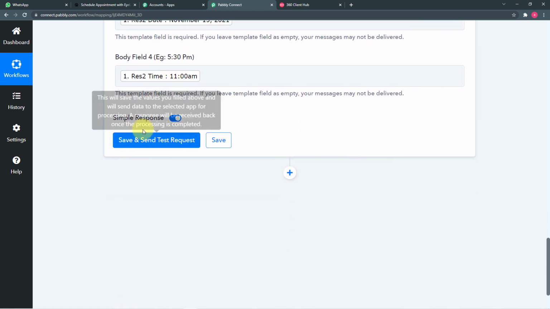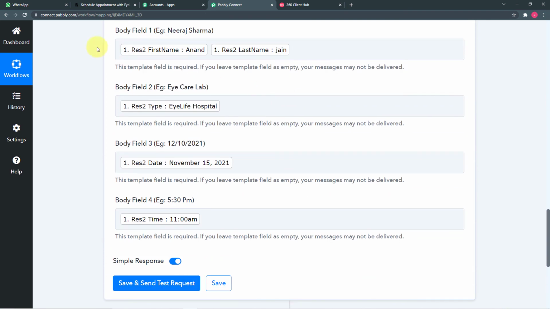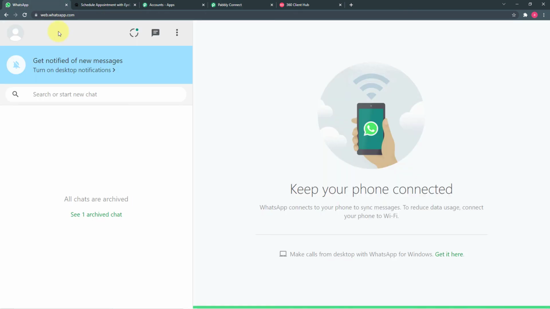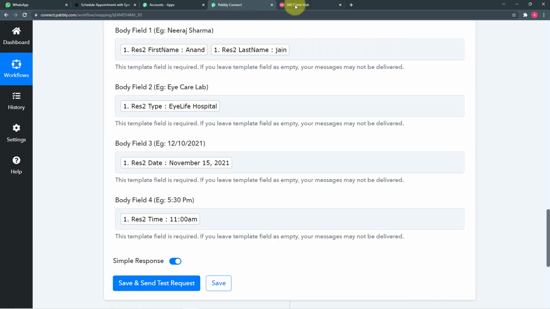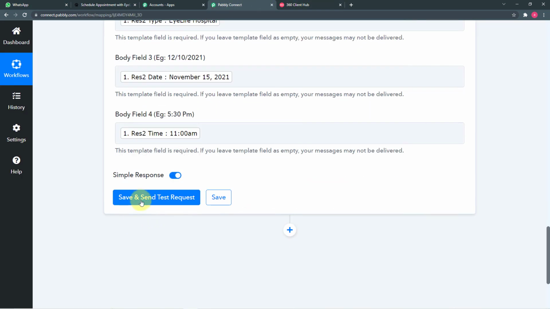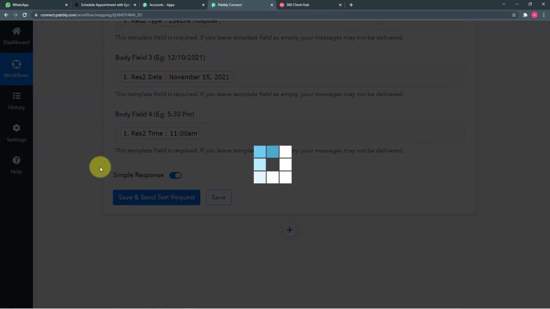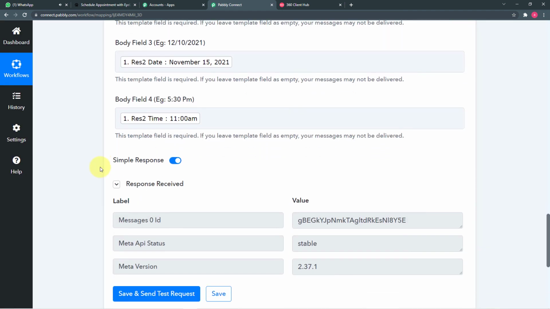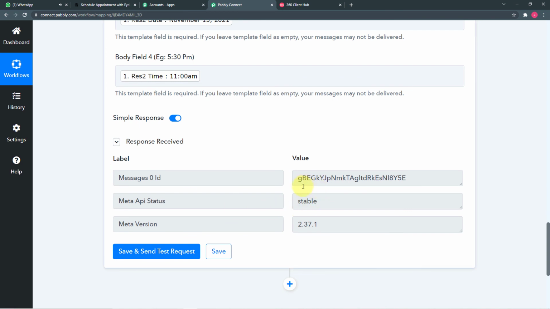Now when I click here on save and send test request, this data will be delivered as a new message in the WhatsApp account of the patient according to our message template. So let me click here on save and send test request, and you can see it has started showing this kind of response here, and we have received a new message here.